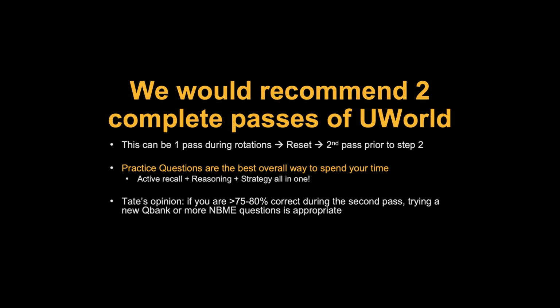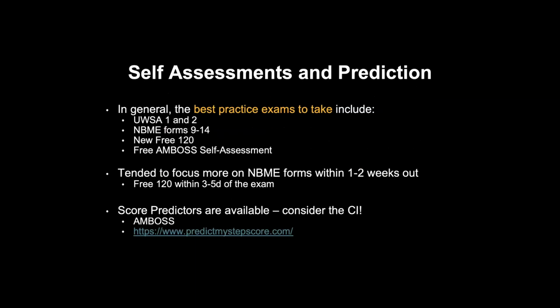Yeah, I agree with that. So self-assessments and prediction are a very important part of the dedicated period. In general, the best practice exams to take include a combination of these few: UWorld self-assessment 1 and 2, and the NBME forms 9 through 14. The increasing number is increasing in how new they are. So 9 through 12 are the older set that were considered the gold standard,